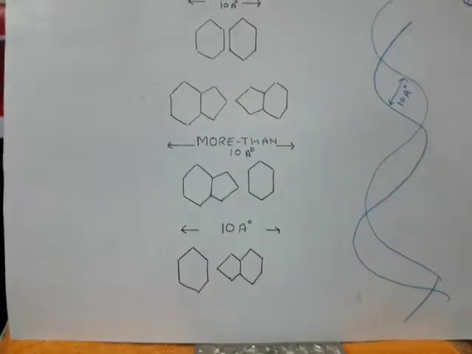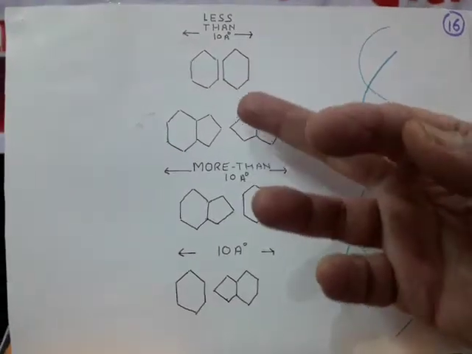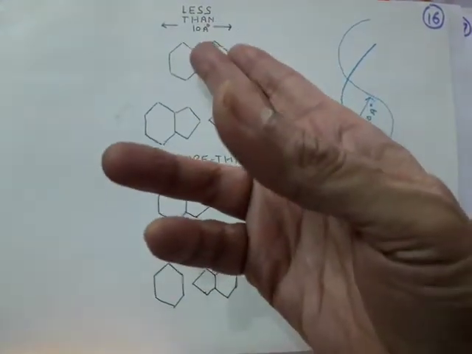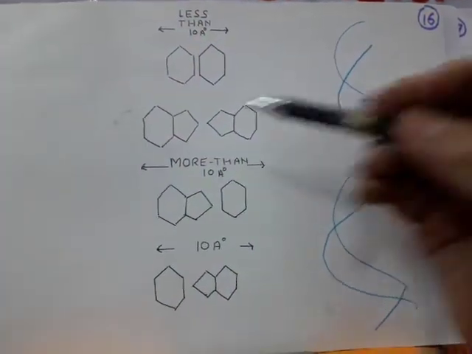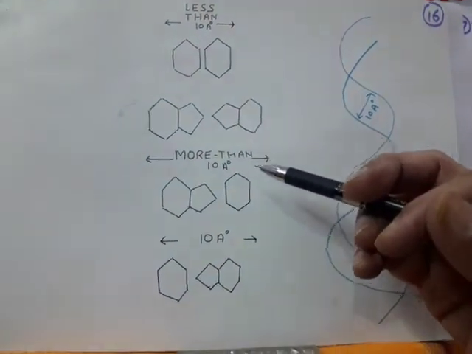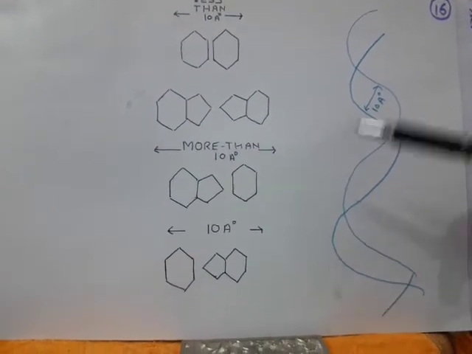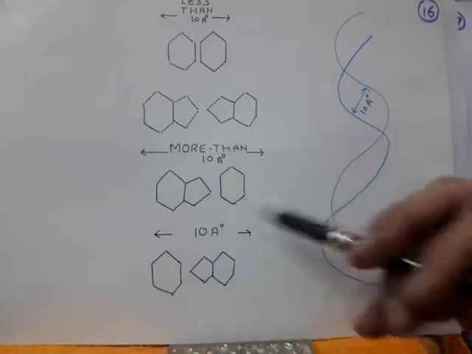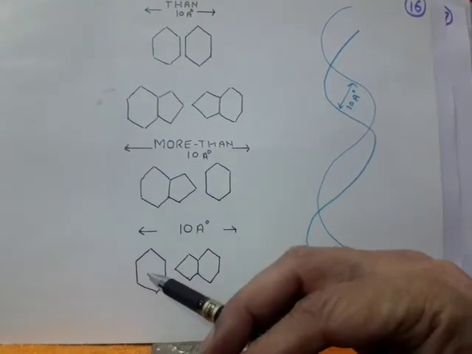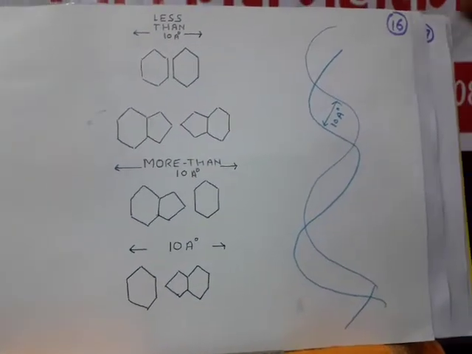Watson and Crick also suggested that between the transverse ladders, if two pyrimidines come close together, then the distance will become less than 10 angstrom. If two purines come together, then the distance may become more than 10 angstrom. But here the distance is always fixed at 10 angstrom in the DNA molecule. Watson and Crick said that this is possible only when, if on one side there is a purine, it will bind with a pyrimidine. If there is a pyrimidine on this side, it will bind with a purine. So this principle always holds good.